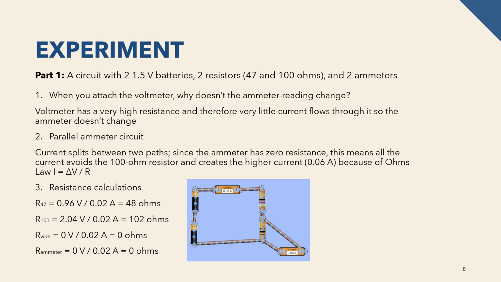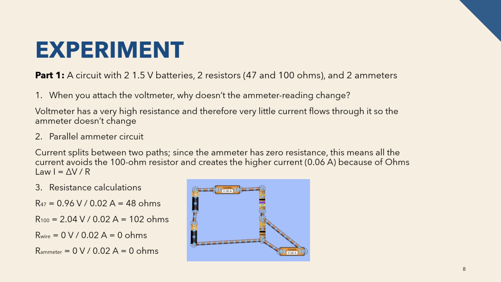After constructing the parallel ammeter circuit, the current splits between the two paths, and since the ammeter has zero resistance, this means that all of the current avoids the 100 ohm resistor and creates a higher current, 0.06 amps, because of Ohm's law, I equals V over R. Also, using the values found in the model, different resistances were calculated and the calculated answers were close to the